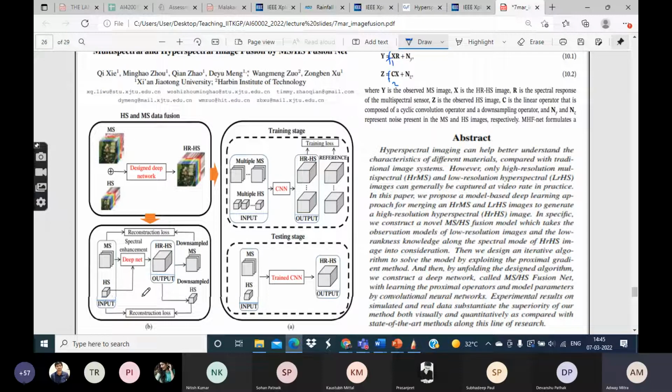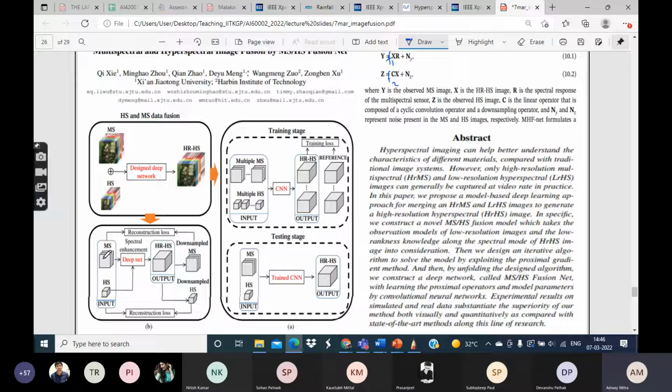So that is the images that are being generated, they are going to be at high resolution. So at that same resolution, we have to compare them with the different input high resolution images. But at the same time, because the output is being created at a large number of wavelengths, just like the input, we have to downsample the output back to low resolution and then compare it with